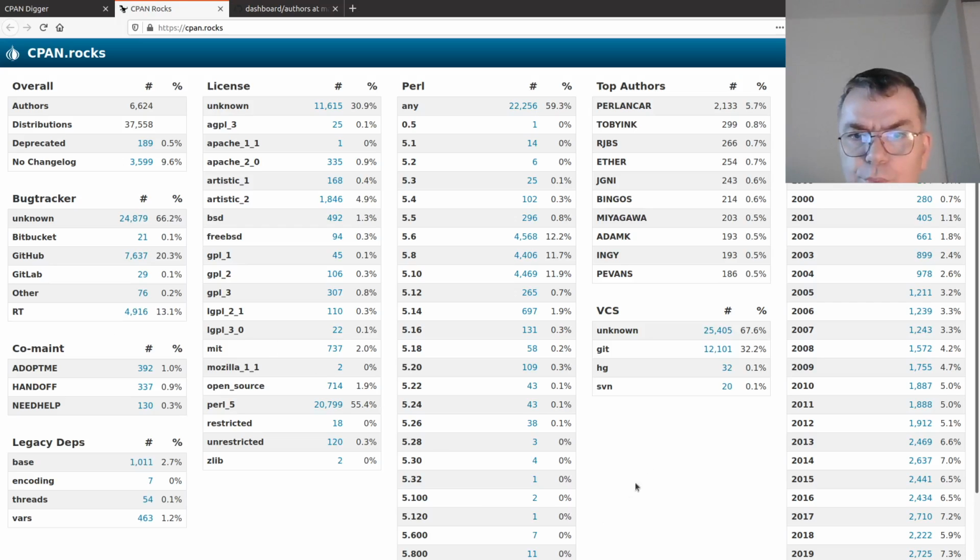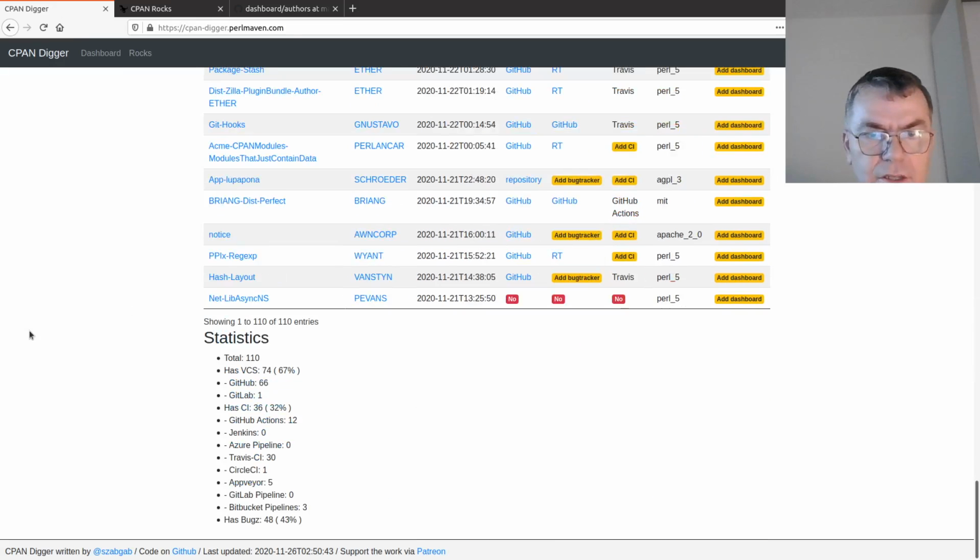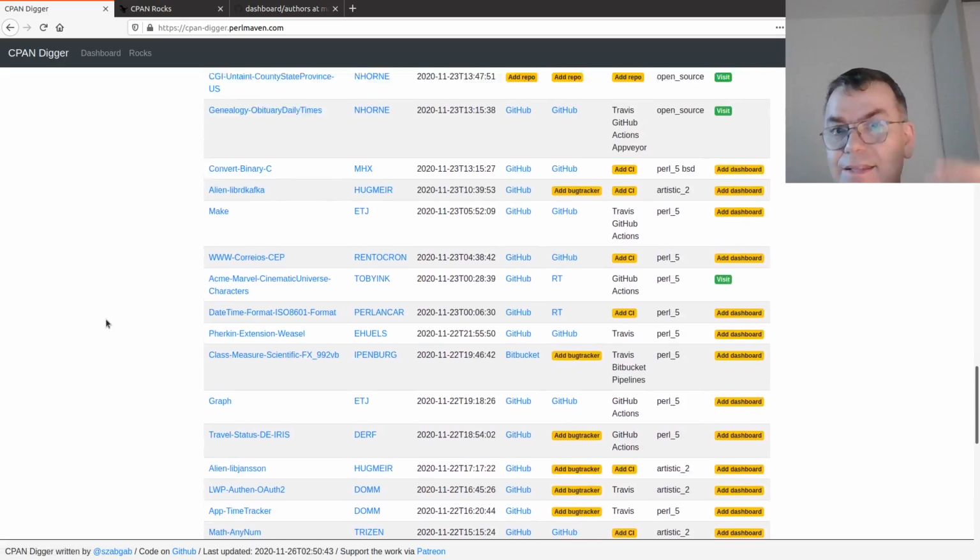But what I wanted to point out to you is that this is the overall number of links to version control systems. So you might remember here on the bottom of the CPAN Digger that 67% has a link to the version control system for the most recently uploaded distributions. Which is actually really low. Usually we have much higher values. So it depends on the days, but